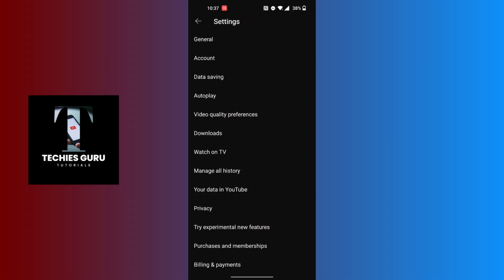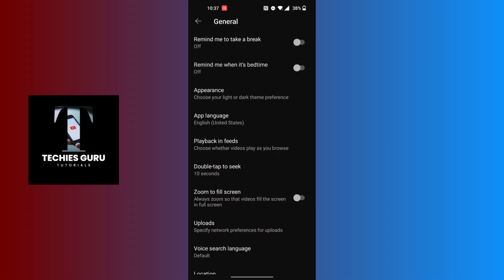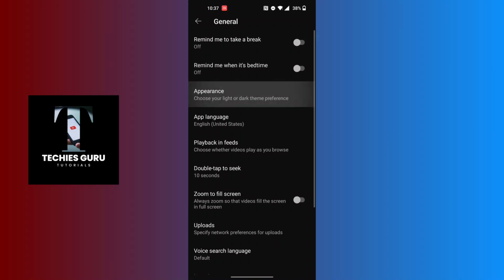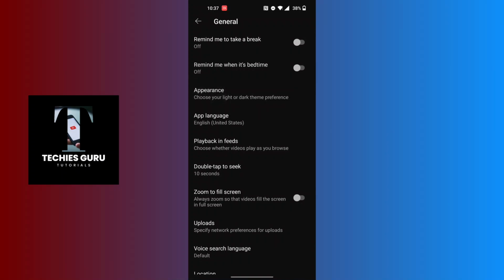Again at the top of the list, you can see the general option available for us. Tap on general, and you land on this interface. Again, the third option here says Appearance. Now in order to turn off the dark mode on YouTube, we'll be required to tap on Appearance, and